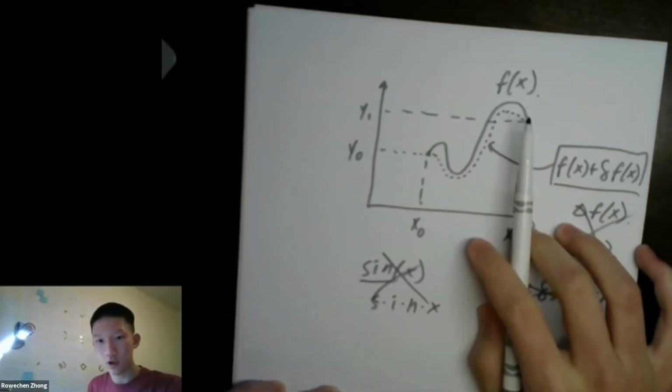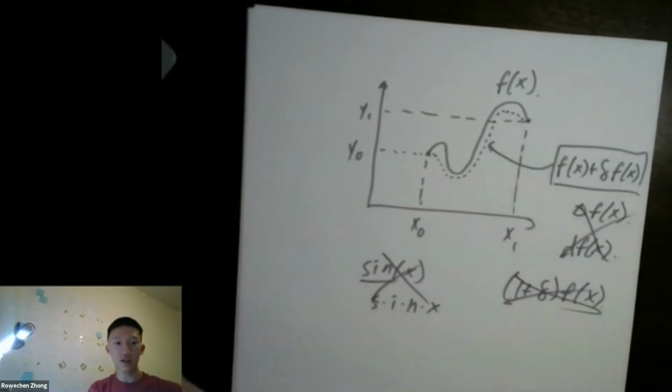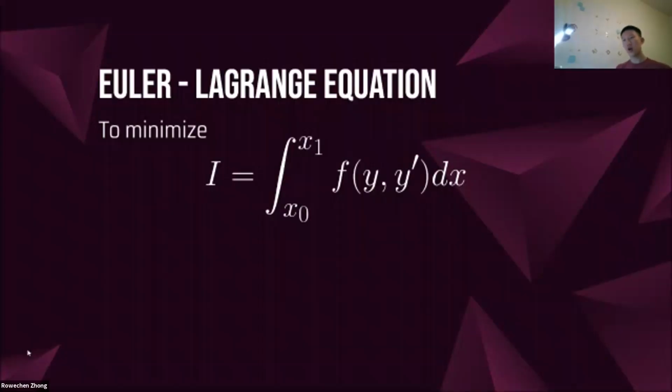we've got ourselves a function, any particular function, and we've got a different function. We've got a function of a function, y and y prime over here. y is a function, and we're taking a function of a function. For example, in this case, our y is any particular curve that you can draw, and f is the length of that curve. Right? So we're taking a function of a function, and we're trying to minimize the integral of this with respect to the entire function, because that will minimize the length of our curve in this situation.